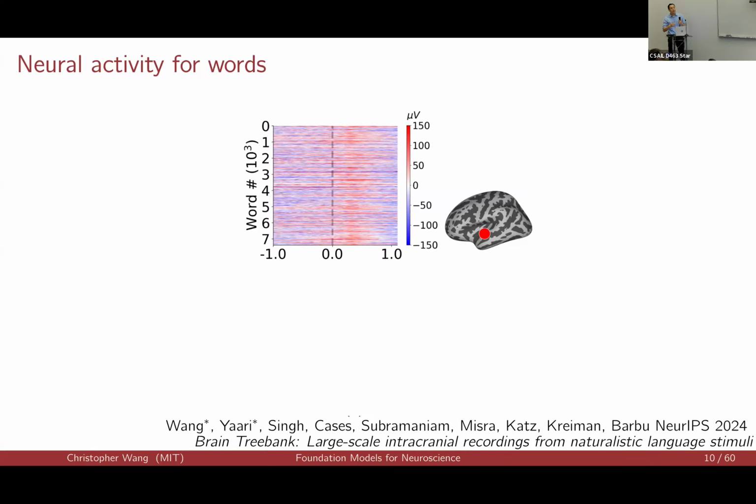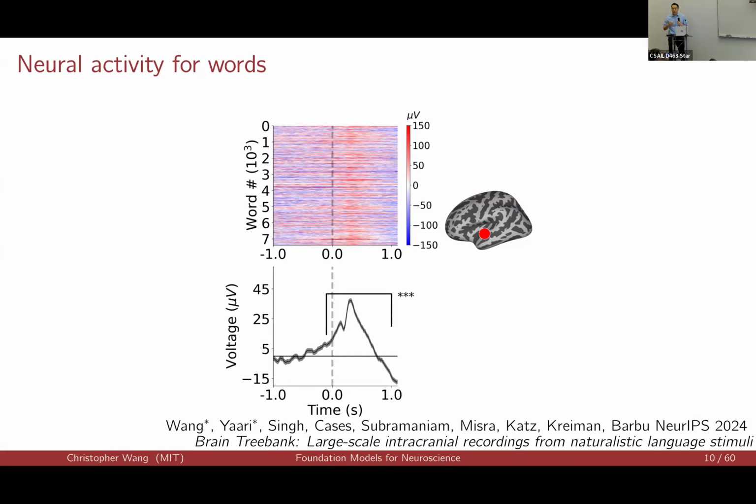You can average over words and get a clear signal with low variance showing response to linguistic stimuli some 200, 300 milliseconds after word onset. And this is the type of temporally precise and spatially precise result that you get because you have access to this intracranial data. One thing though, so this is a movie. There's a lot of things going on in a movie. There's explosions, and how do we know whether what we're seeing is a result of linguistic stimuli or something else, like brightness on the screen, or something the director is doing, or maybe like faces?